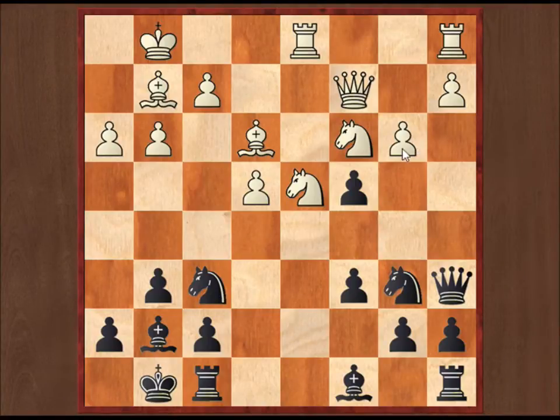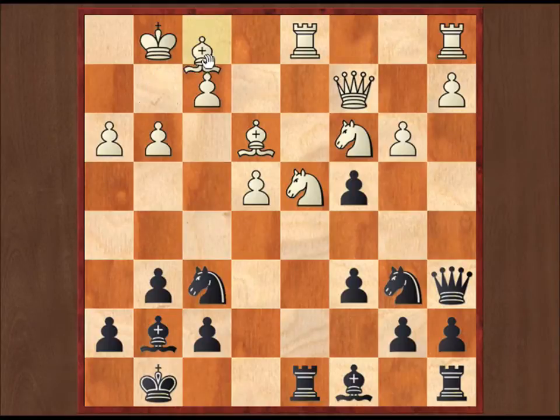So instead of going b4 immediately, he sort of prepares for it a bit. And the point is, I can't take here again because my queen's going to be trapped. So I have to maintain the tension with rook d8 or something. But then again, this